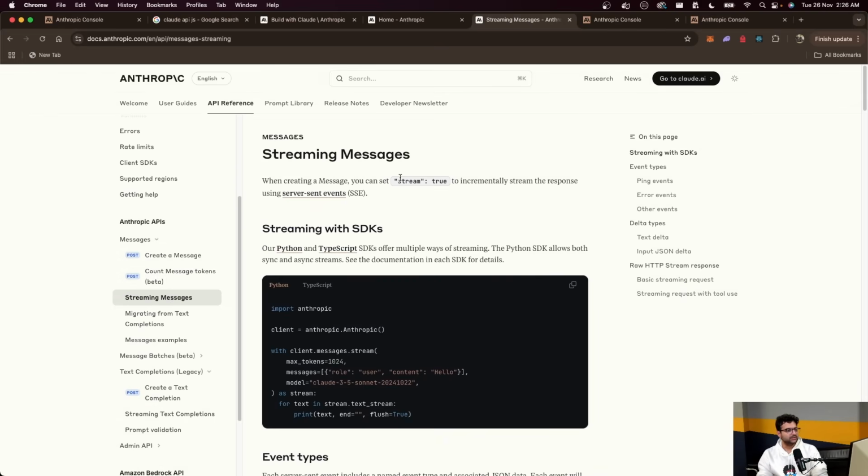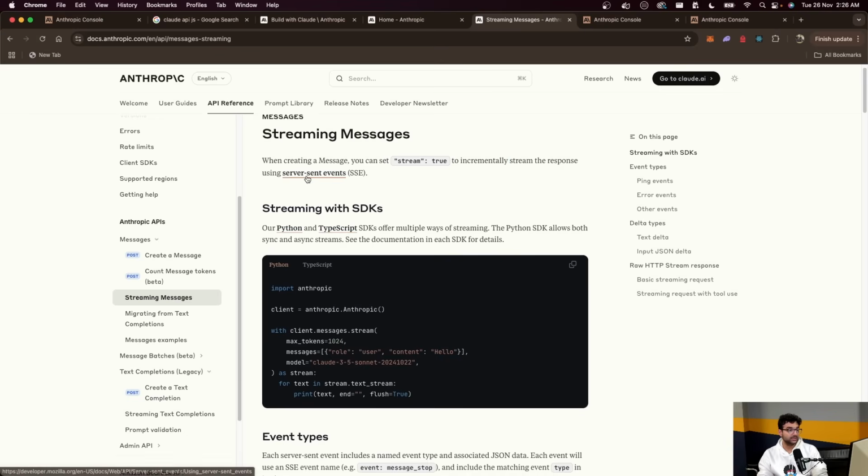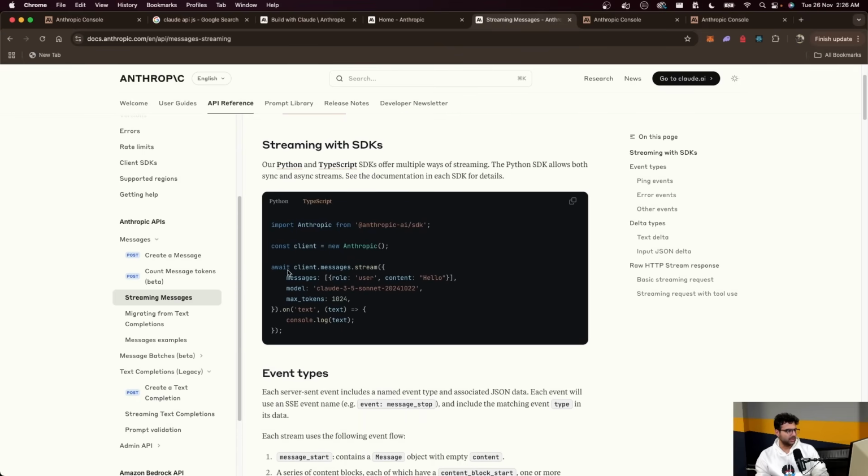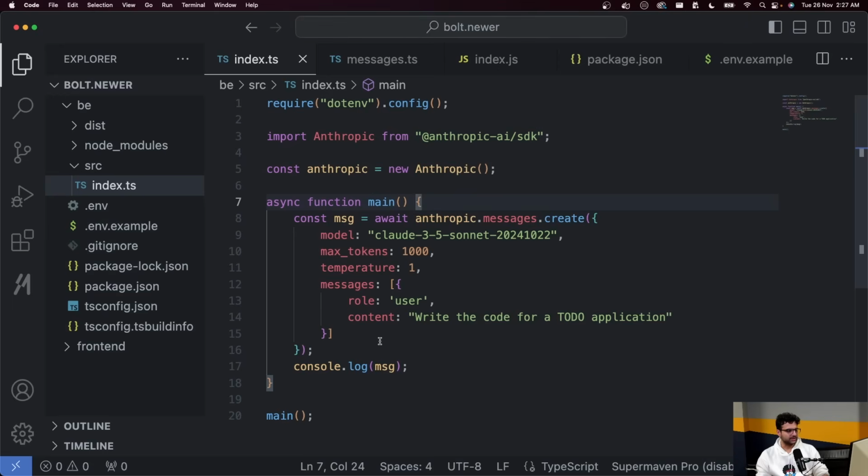So when creating a message, you can set stream to true to incrementally stream the response from the server using server-side events. That makes sense. The Python and TypeScript SDKs offer multiple ways of streaming. The Python SDK allows both synchronous and asynchronous streams. Let's look at the TypeScript SDK. Messages.stream, role, model, max tokens, .onText. That looks pretty straightforward. So let's try to replace our message